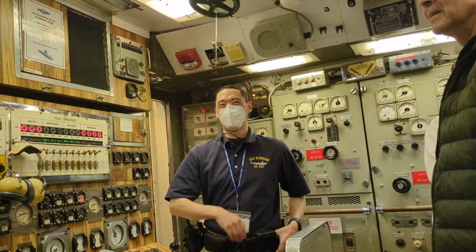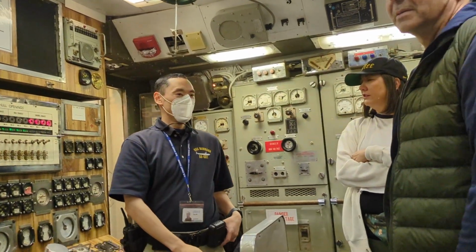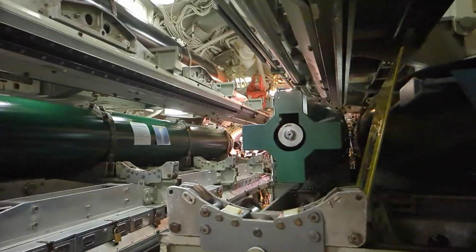Any questions? How many people worked in this room on a shift? Normally about 3 men will be in here. The engine man here with...